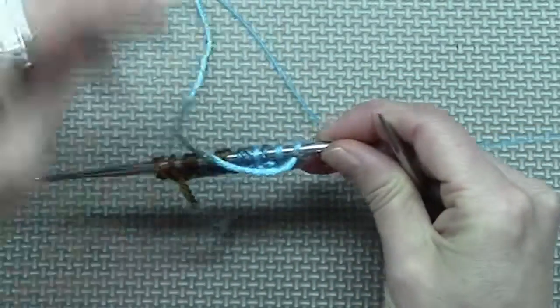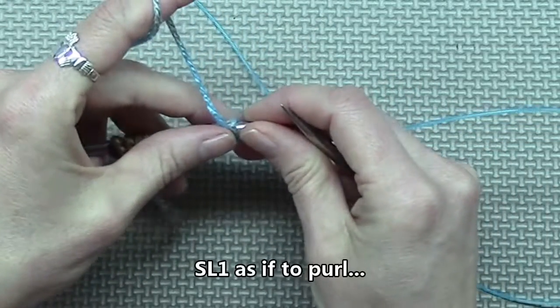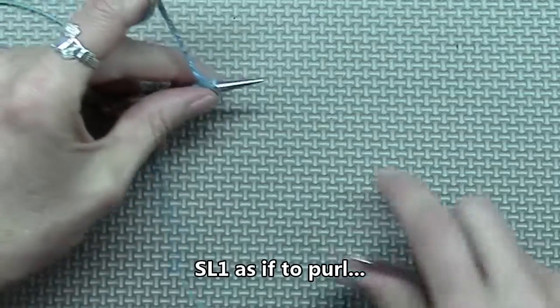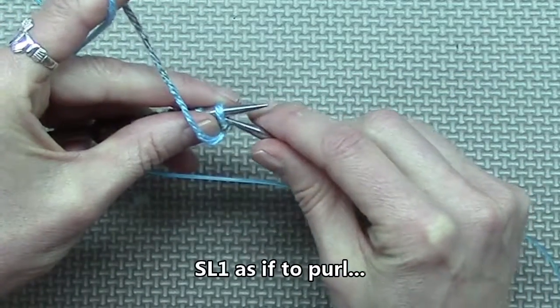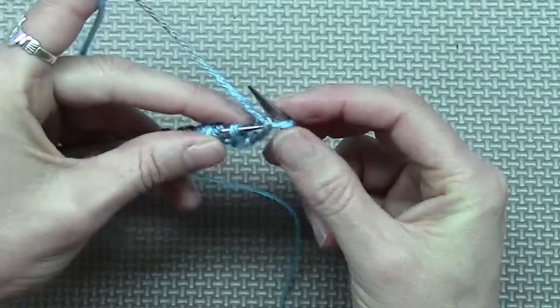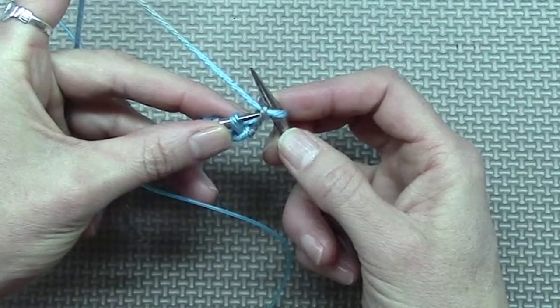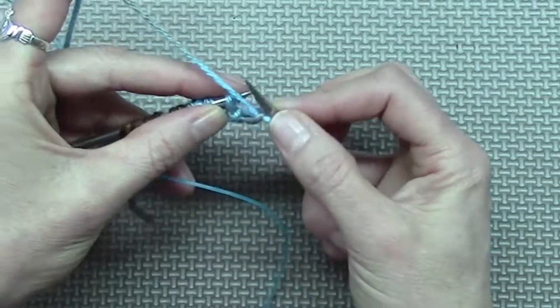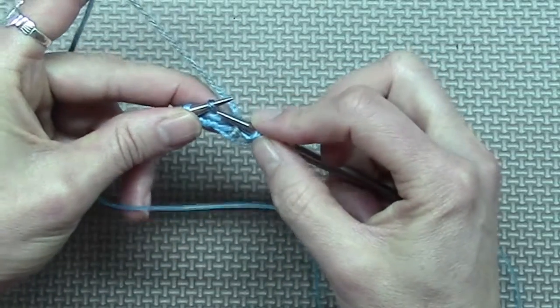You're not going to see it immediately. So now I'm going to do row 2, which says slip one as if to purl with yarn in front. So my yarn's in front and I slip one like I'm going to purl, but I don't actually purl, and I do like to tighten that up a little bit. Okay, now you continue with the linen stitch, which is purl one, slip with the yarn in back,